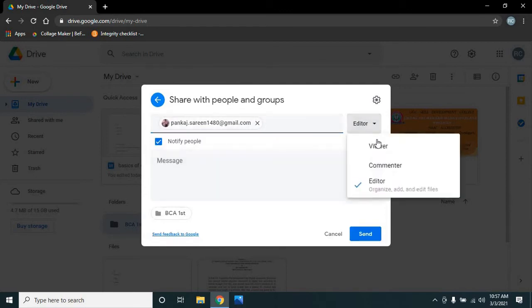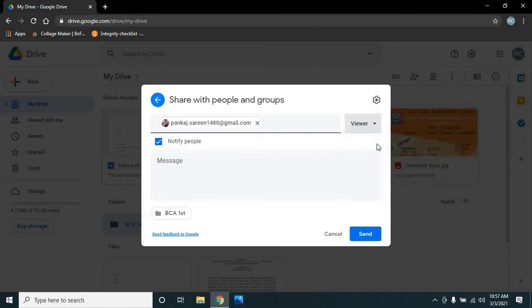He is the editor or the viewer or the commenter. If he is the editor, he can organize the files in the folder, he can add files to the folder, he can edit the files, he can delete the files, and if he is the viewer, he can only view the files which you have uploaded to the folder.